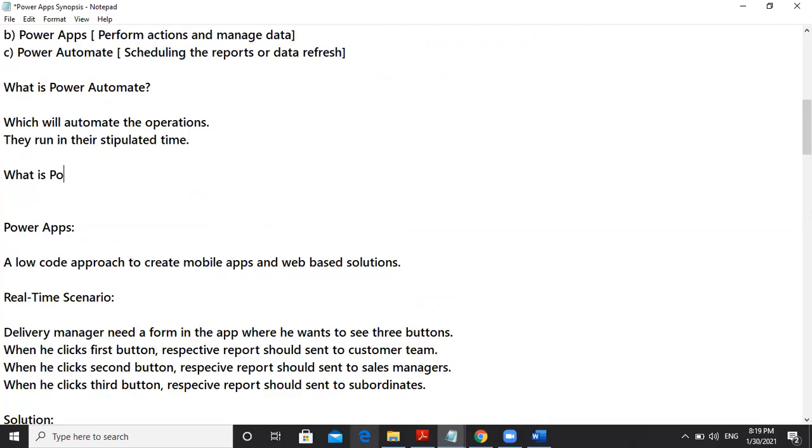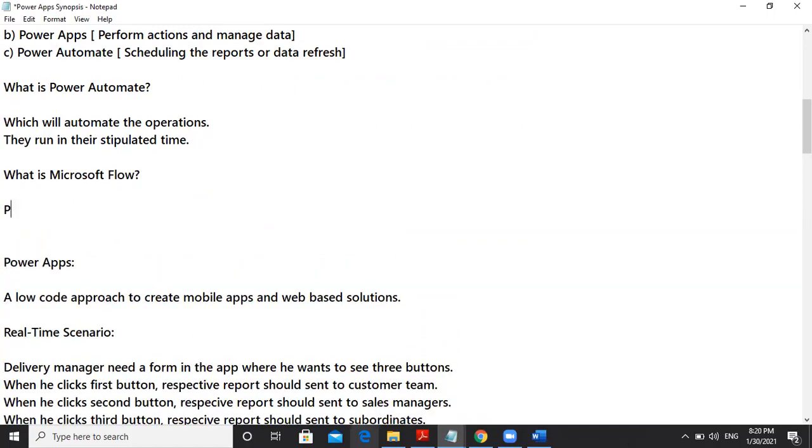What is Microsoft Flow? Performing a set of operations as a flow.